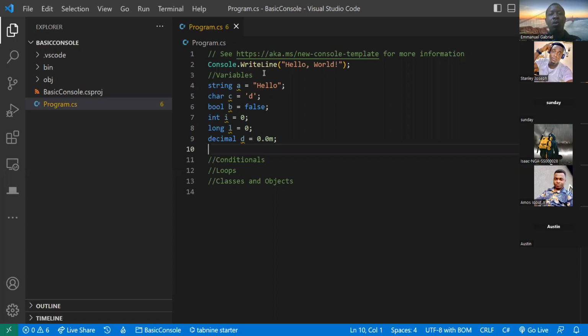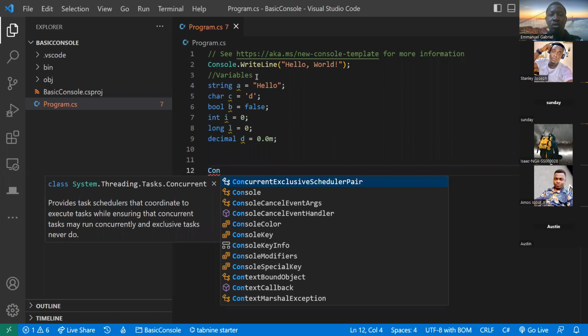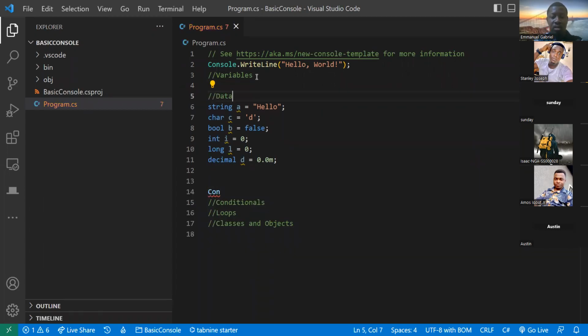Anyway, so now how can we retrieve these variables? All you need to do is just call the name, because the way variables are stored is: data type, name, then value. That's how variables are stored. Data type is like, what kind of container is it, right? What kind of container is it? Name is like, what's the name given to that container?